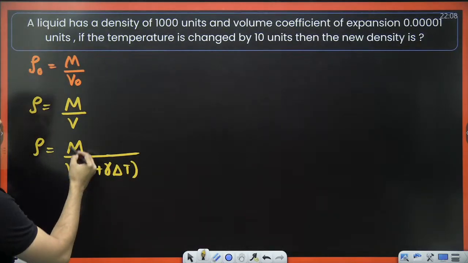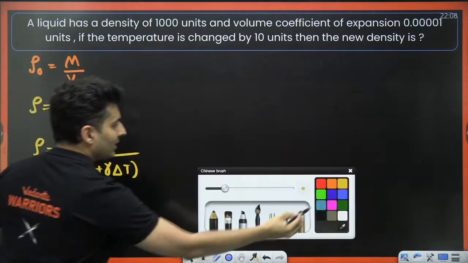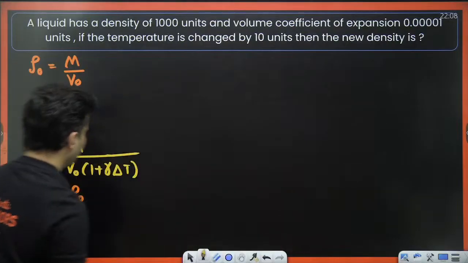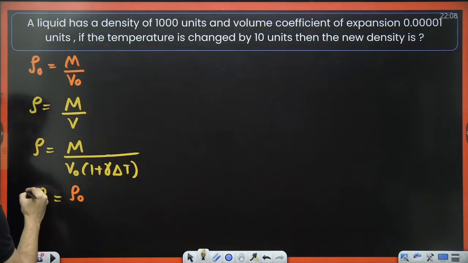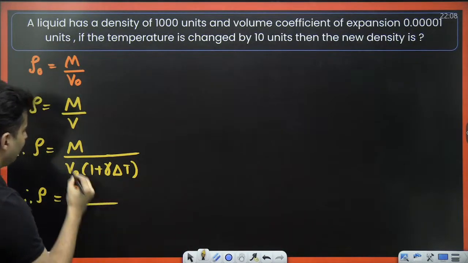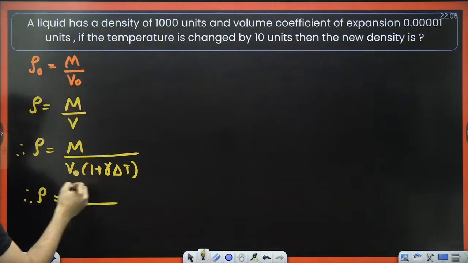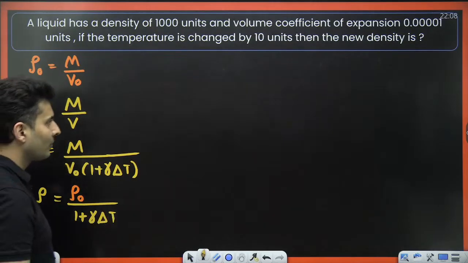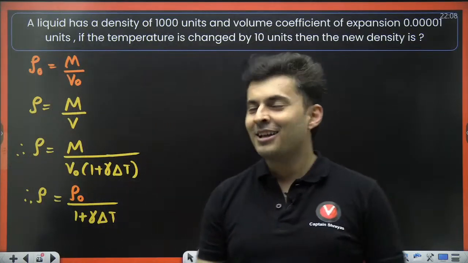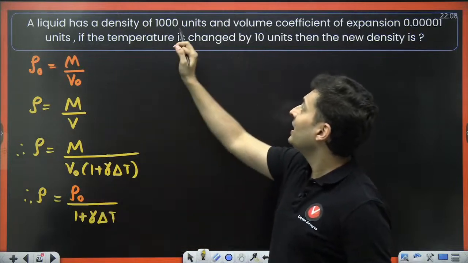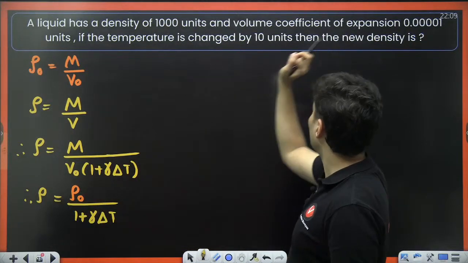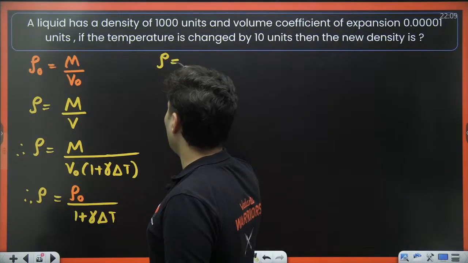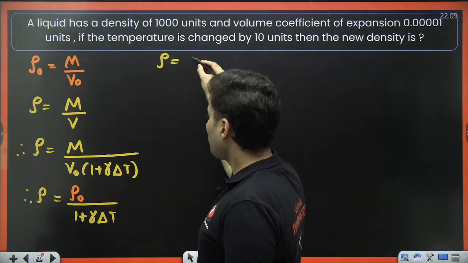Oh, but wait a minute, m by V naught, that is nothing but the original density. Is that right, everyone? M by V naught is rho naught, and this 1 plus gamma delta T will stay here. Perfect. Original density, I know. Gamma, I know. Delta T, I know. Wow, very good. So rho, the new density, is